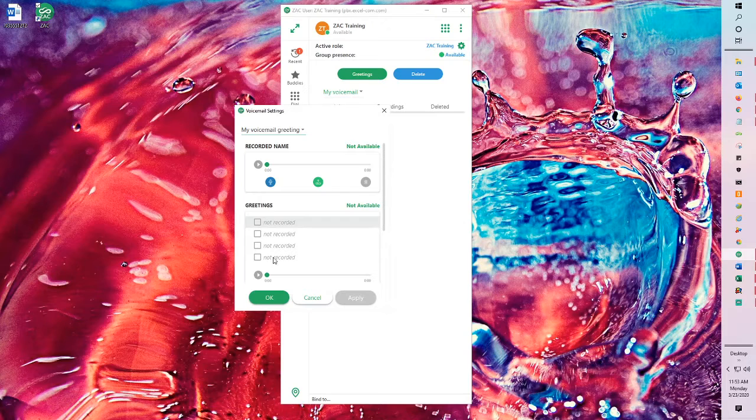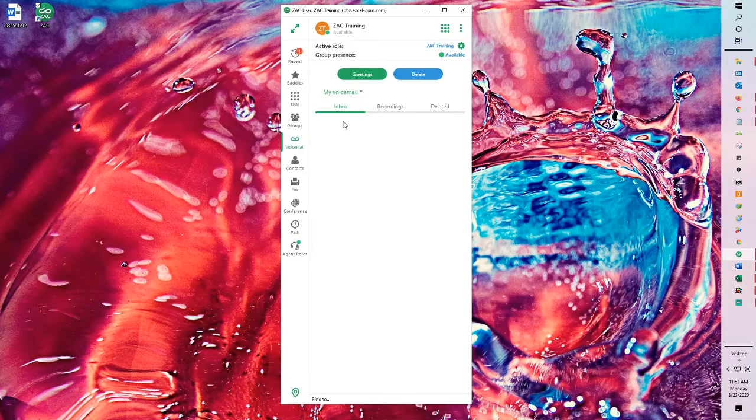So this would allow you to manipulate your mailbox, but you would need a mic to do this through the PC. So you could do that for the group as well. So if you're in a group, remember you can change the greetings and the name of the mailbox through ZAC. Okay, so that kind of gives us